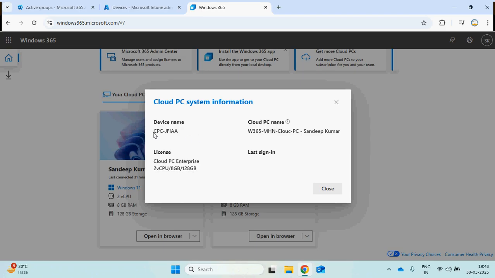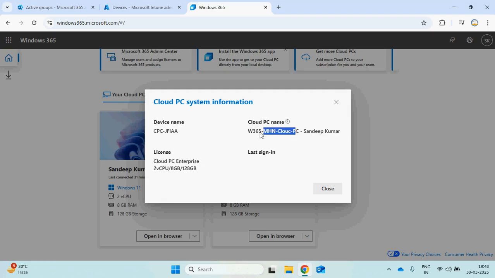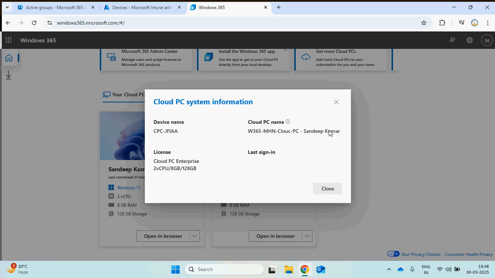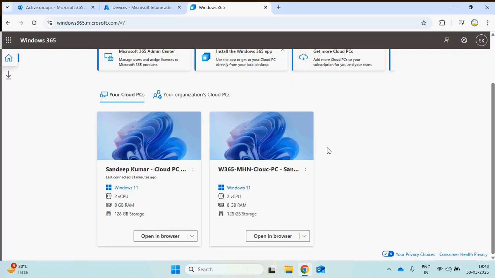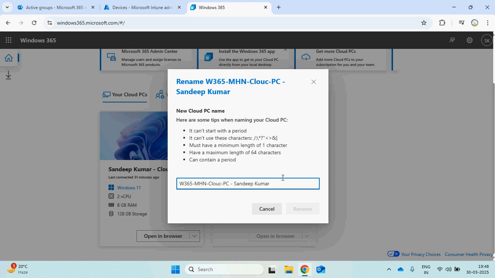You can see the name that I have given, CPC hyphen, the license type, and the name that is created. The license is assigned to me, and this is the policy name. So that becomes the name. We can rename it at any point of time. If I want to rename it, I can change it.